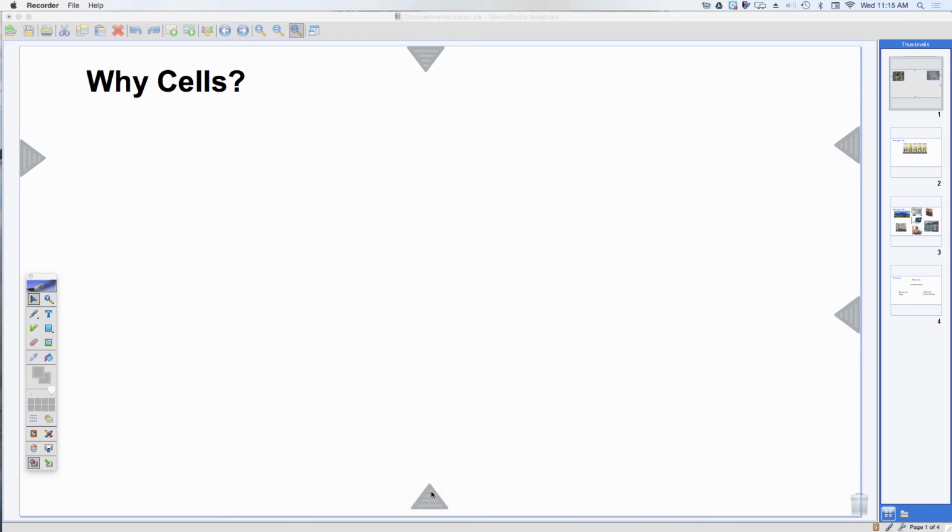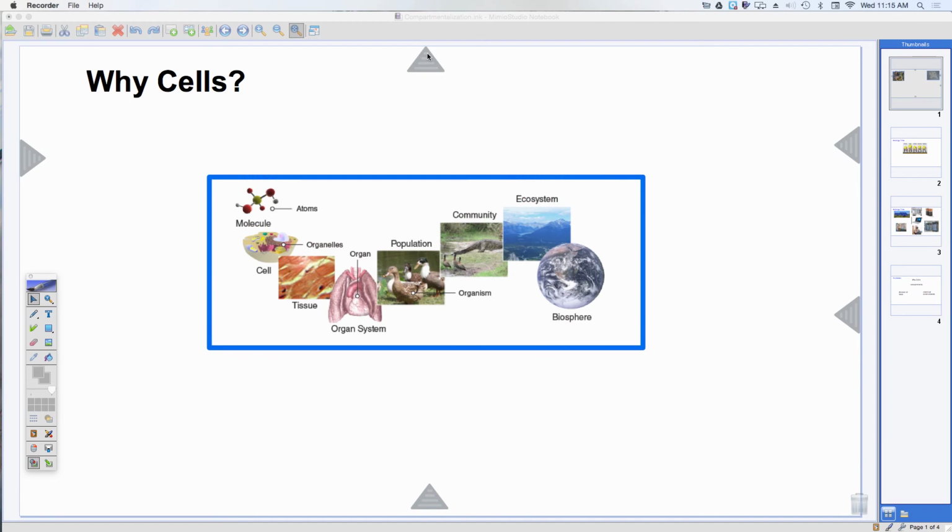I'd like you to think about it in terms of how things are organized in life and living systems. When we look at life and living systems, we can see that there's sort of a hierarchy. We have atoms that make up molecules, and molecules that make up organelles, and organelles that make up cells, and cells that make up tissues, and tissues that make up organs, and organs that make up organisms, and organisms that make up populations, and populations make communities, and communities make ecosystems in the biosphere. We have this hierarchy,